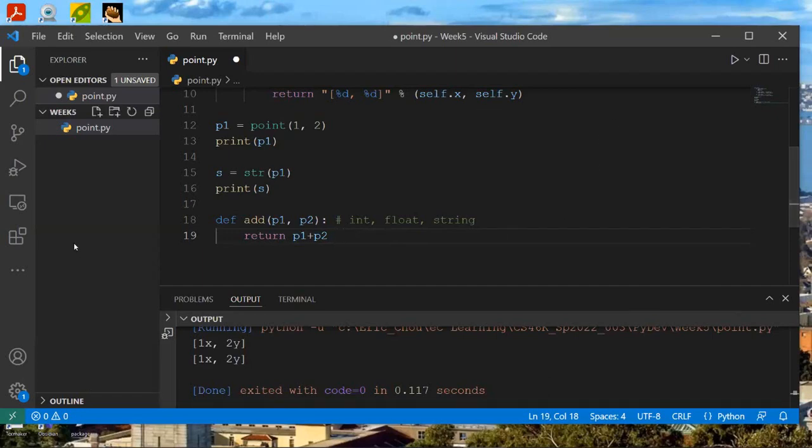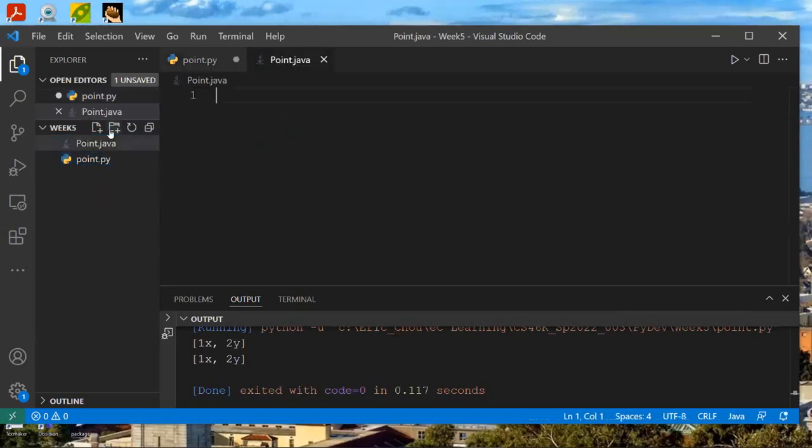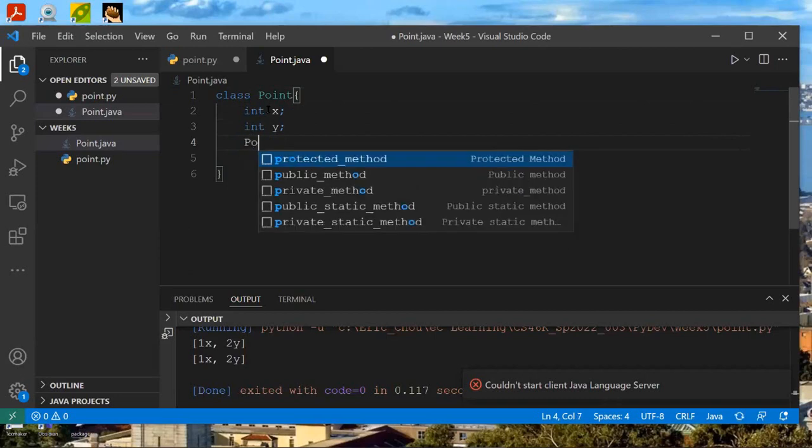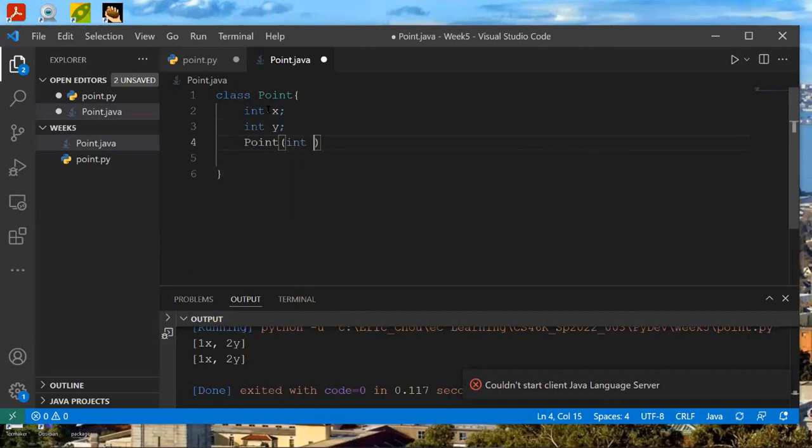We don't know, right? But if I create another one, that is actually the point in Java. For example, if I have the class Point, here I have integer x and integer y, and then I have the Point constructor with integer x and integer y. Then what happened? Here, this dot x equals x,